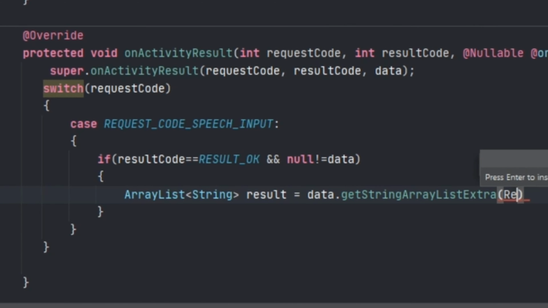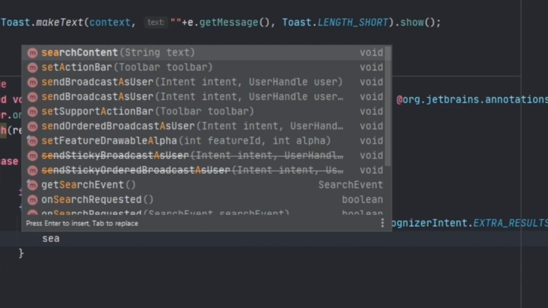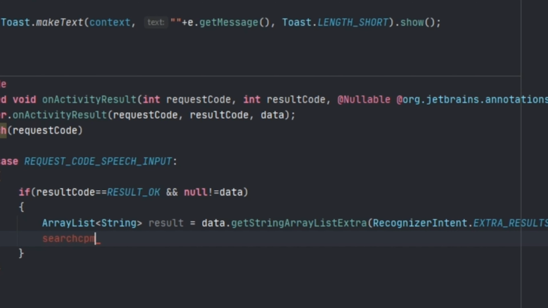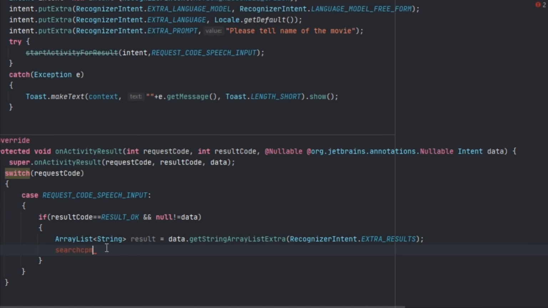Here, we are using a switch statement, which checks if our request code is equal to our result value. If yes, it will convert our voice data to an array string. This array will be stored in the variable called result. Now, we have to add our edit view variable name, but our developer has declared it as a local variable and not as a global variable, so we will convert it to a global variable by declaring it above our class statement.